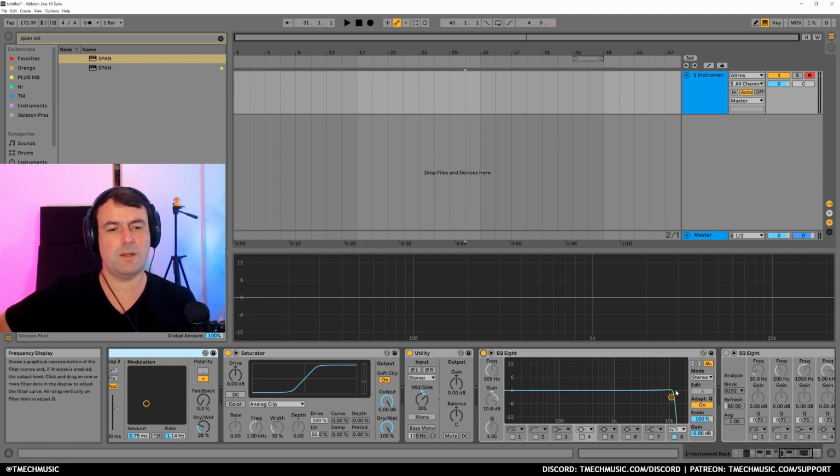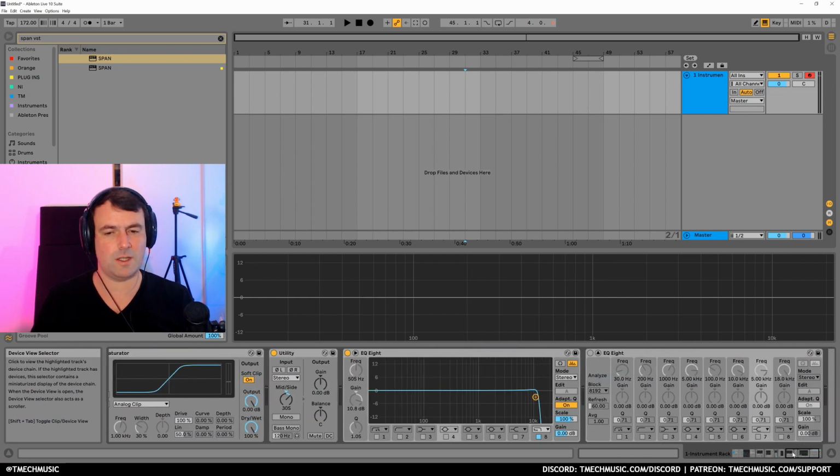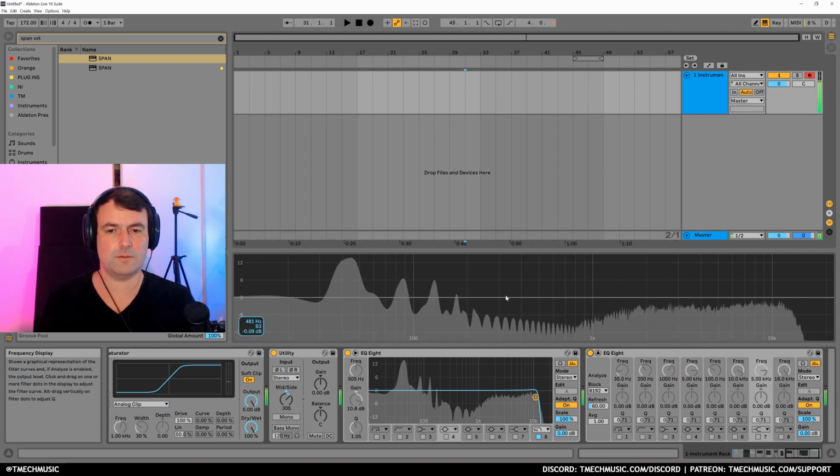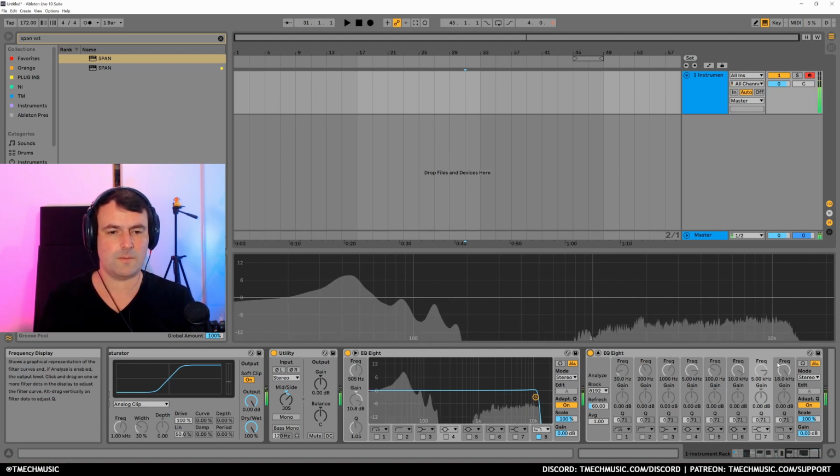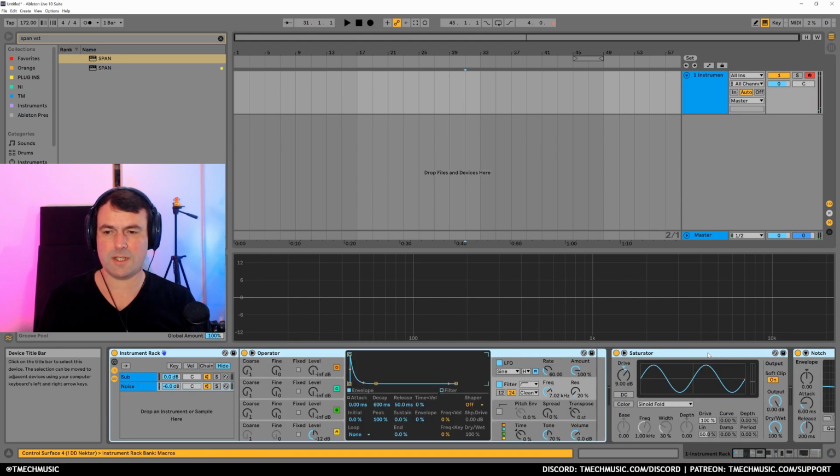And we've got this EQ8 here, which is just rolling off the tops. We don't really need our bass to stretch up to 15 kilohertz. It's not really necessary. And then last of all, you can see we've got this EQ8 here so we can see what's going on. So without all that processing, it actually sounds a little bit tame now. And with the processing,